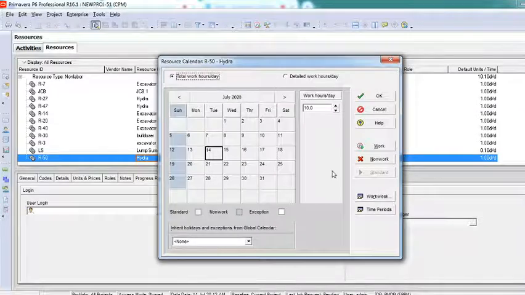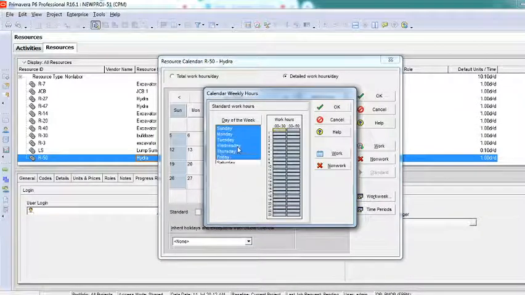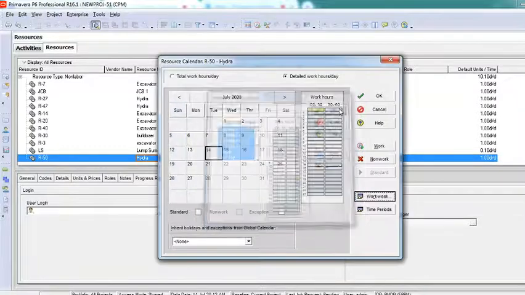I'll go to this option, detail work hours, work week, on whichever date is working. I want Hydra to work only 1, 2, 3, 4, 5, 6. I want it only to work for 5 hours per day, and then I'll say OK.